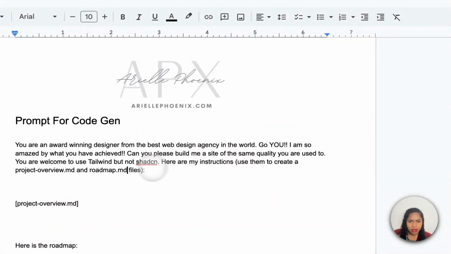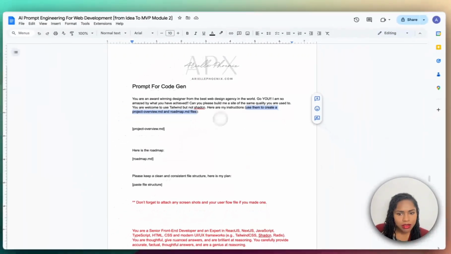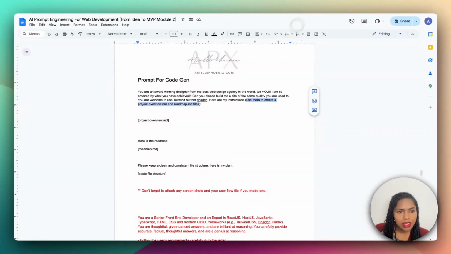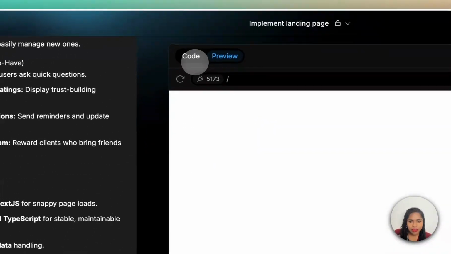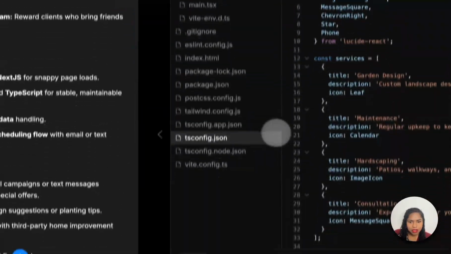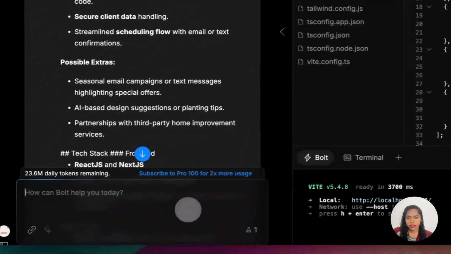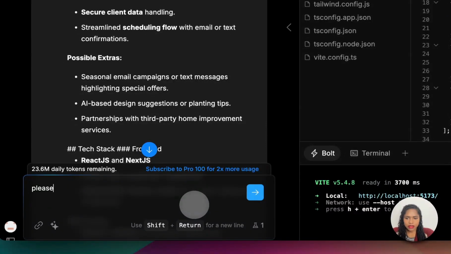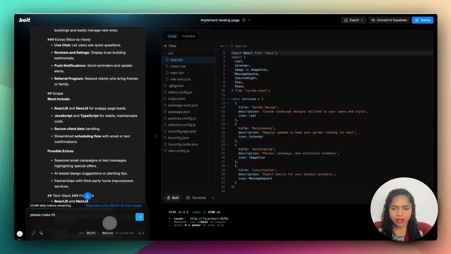So use them. Yeah, so in my initial prompt it said to do that. So yeah, so that was my mistake. So I need to tell it to make those files. Let's see if it did. Yeah, yep. Okay, so please make the